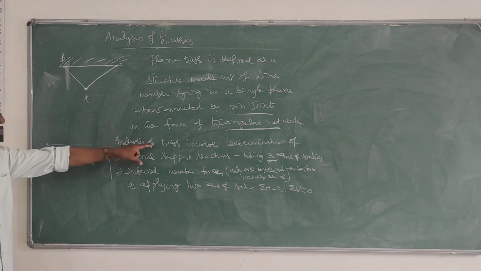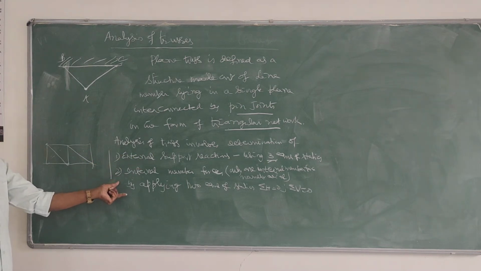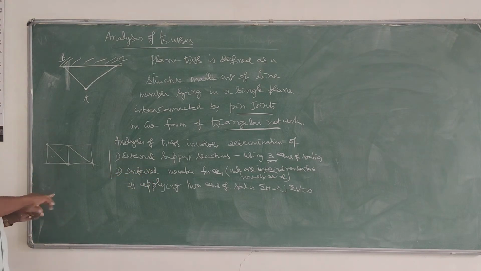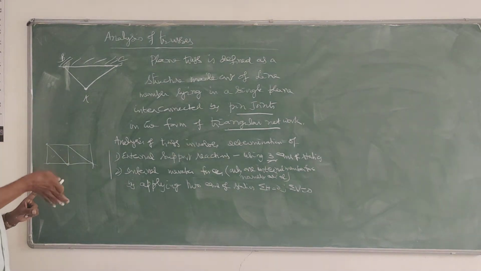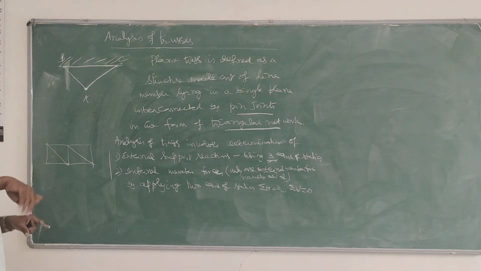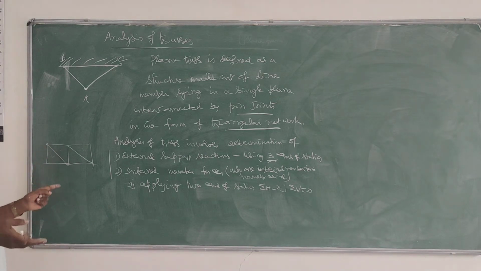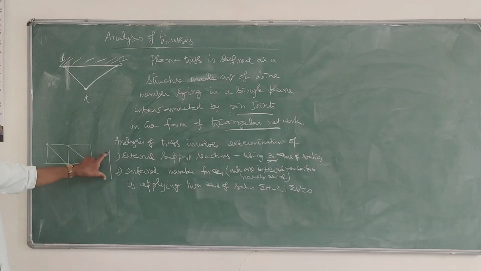Like beams, analysis of trusses also involves support reactions and internal member forces. In beams, in any member, we have three forces: horizontal, vertical, moment. If all the loads are vertical, then horizontal we were taking as 0, and only vertical shear and moment we were determining, as you have seen in the previous example. That's the internal force. This is static force analysis.